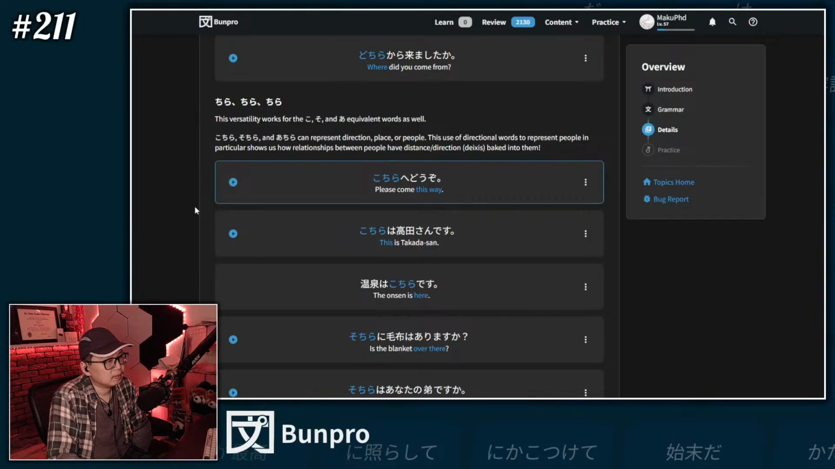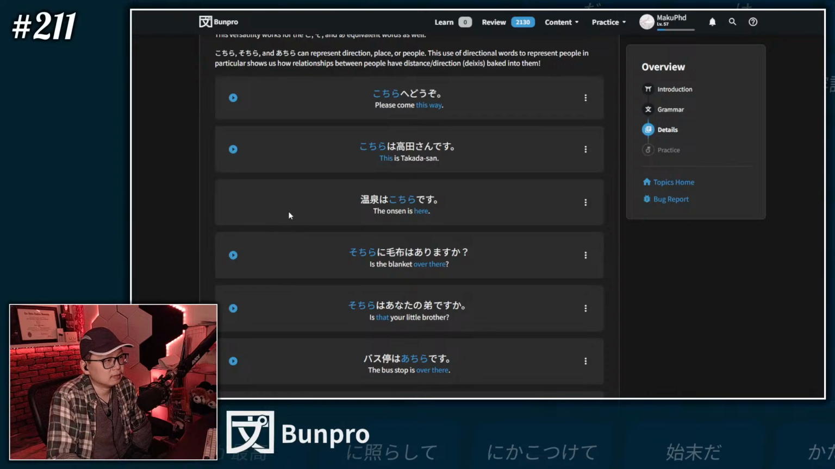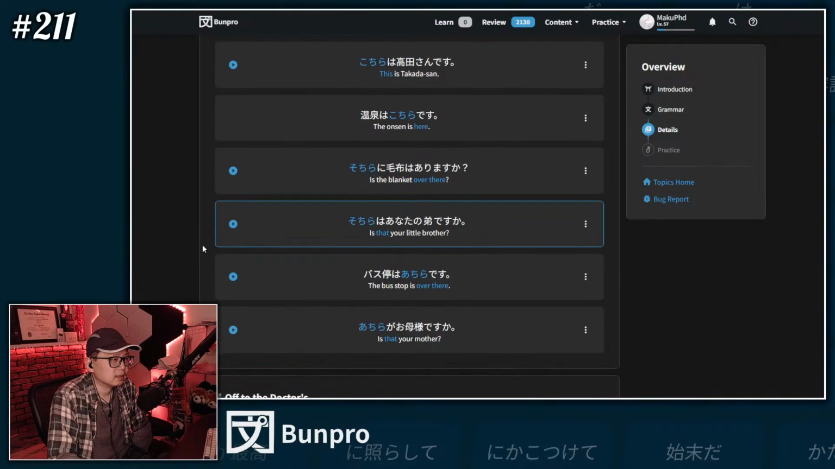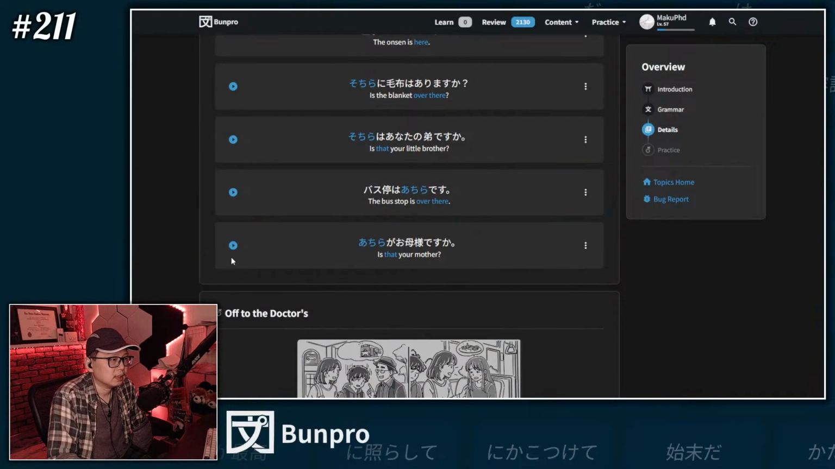こちらへどうぞ。Mm-hmm. こちらは高田さんです。安全はこちらです。そちらに毛布はありますか？あ、毛布。Blanket. そちらはあなたの弟ですか？バス停はあちらです。あちらがお母様ですか？